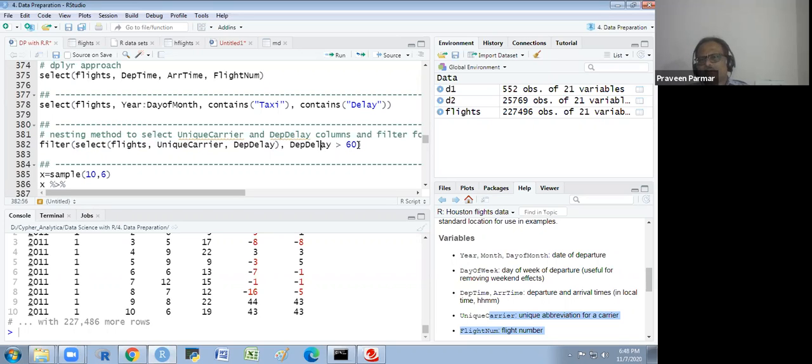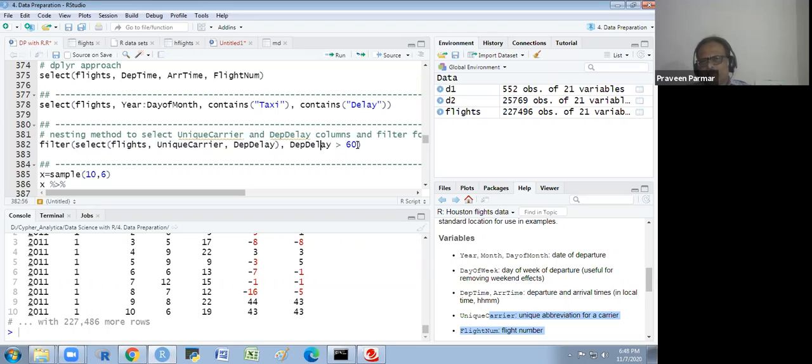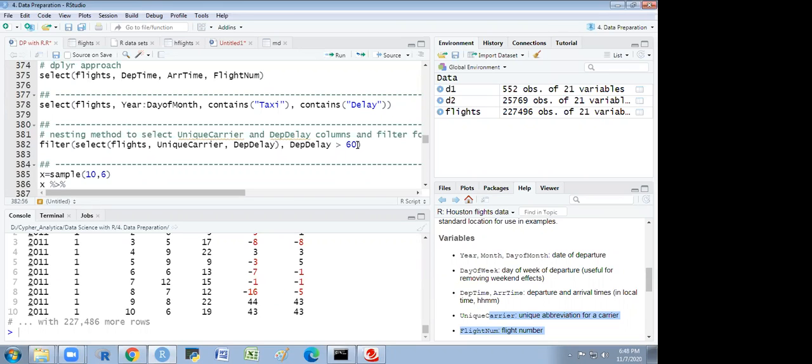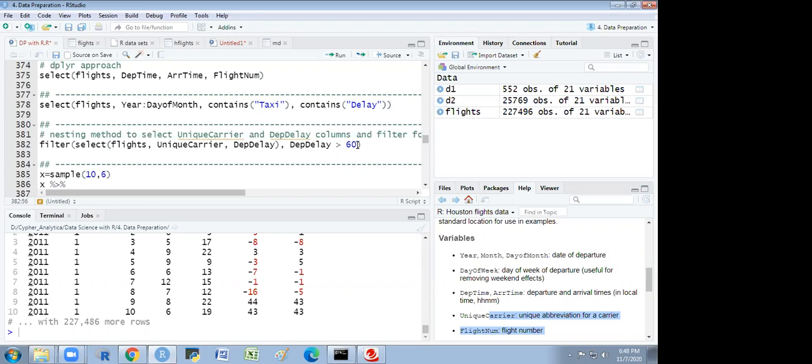The 60 minutes, more than 60 minutes delay flights I want to filter only. 60 minutes means more than 1 hour delay flights I want to filter. Got it? Okay, sir. So as per the unique carrier, I want to see which unique carrier has more delay. Yes, sir.